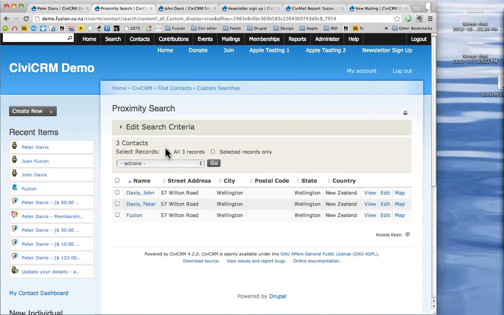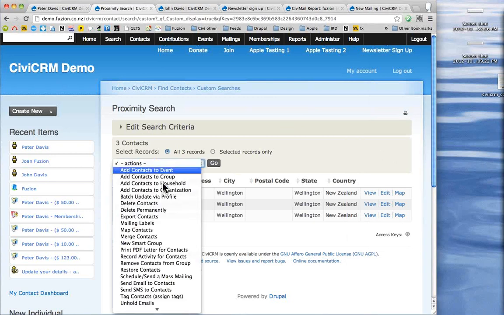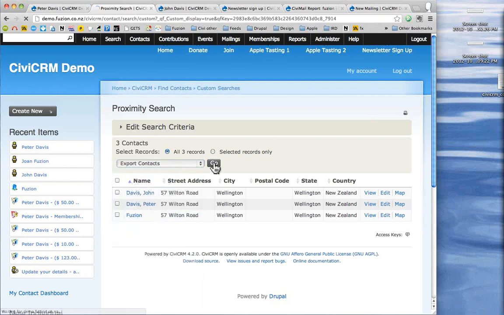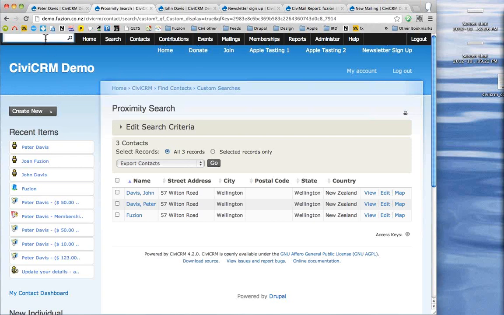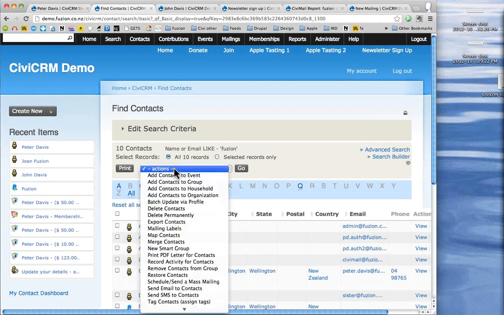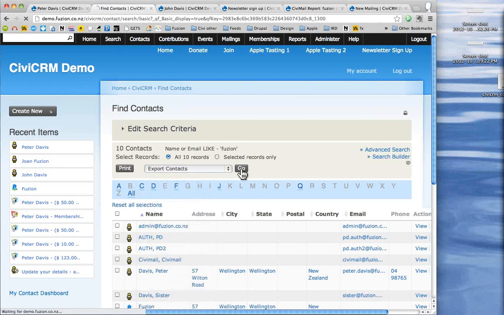If we were then wanting to export these contacts, that's one of the options. Under the actions list here we have export contacts, which then takes us to a, so I'm just going to take you back to all 10 records. So if we need to export those contacts,